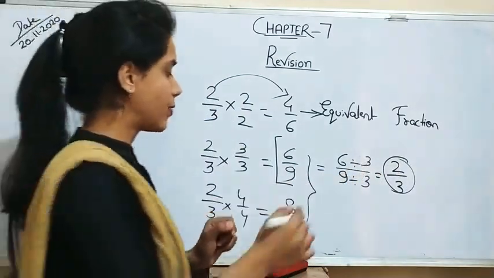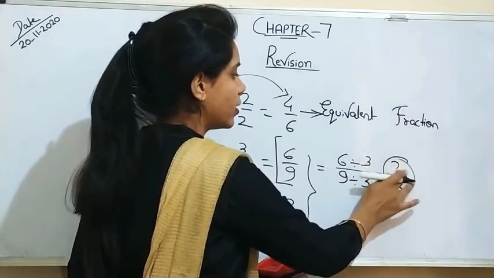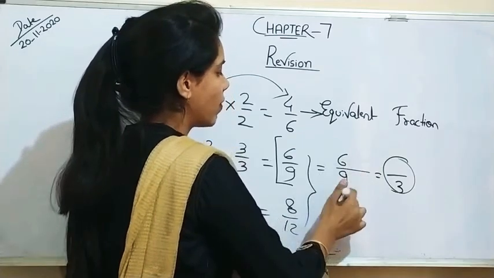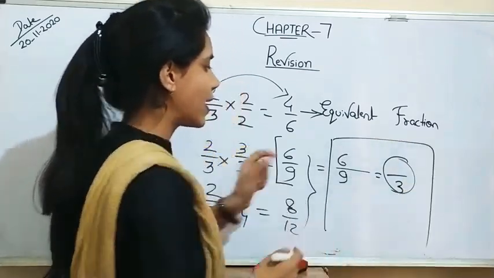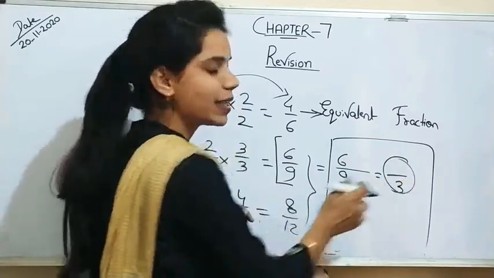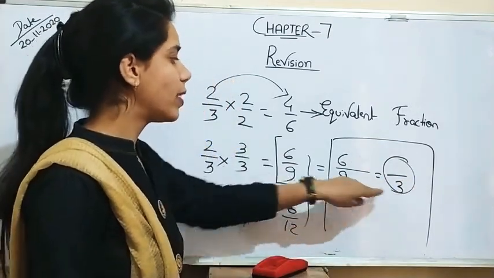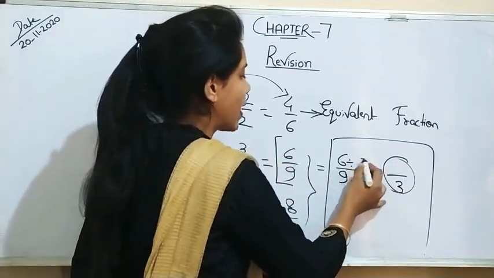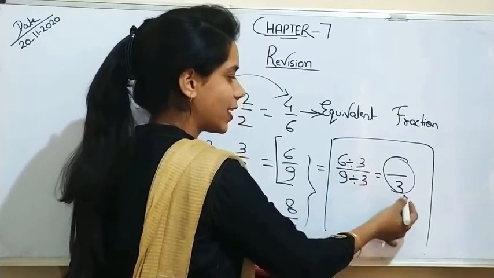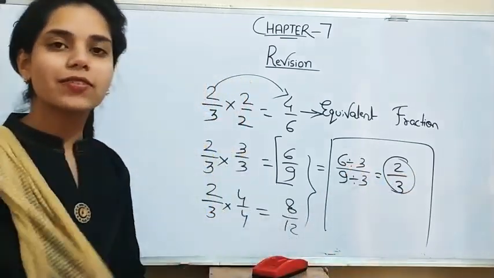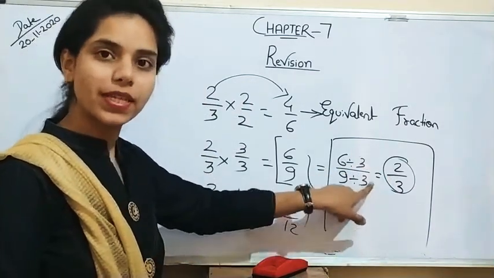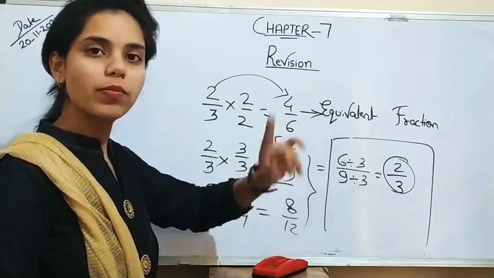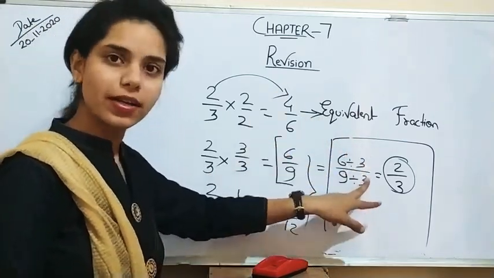Suppose I leave a blank here, so how do you get this? Suppose I am giving you one question like this: 6 by 9 equals 1 by blank by 3. So how do you get it? You will divide this, 3 3s are 9. So you will get 3. So you will divide by 3 here. So this will give 3. So this will give 2. So in this way, whatever operation is performed in the denominator or in the numerator, the operation will be the same for both the numerator as well as the denominator.